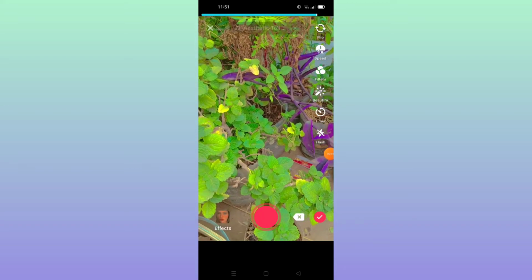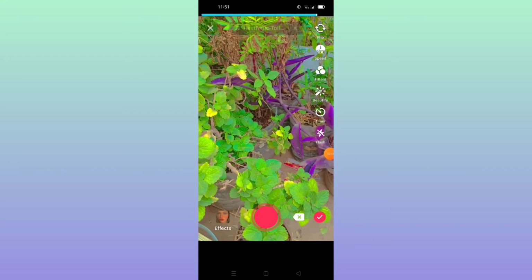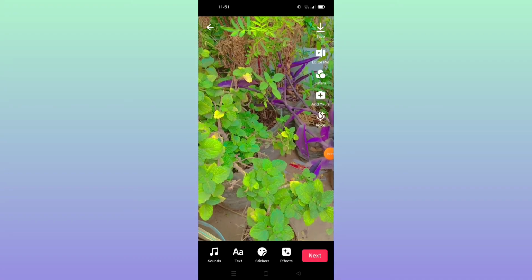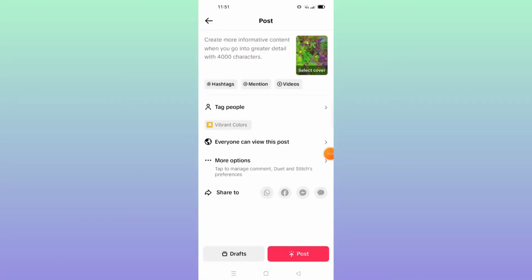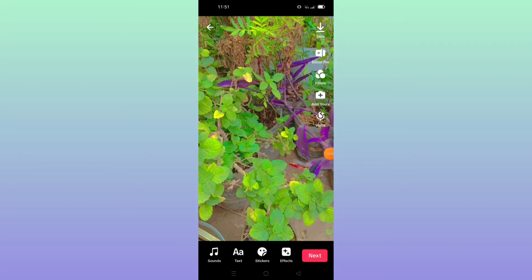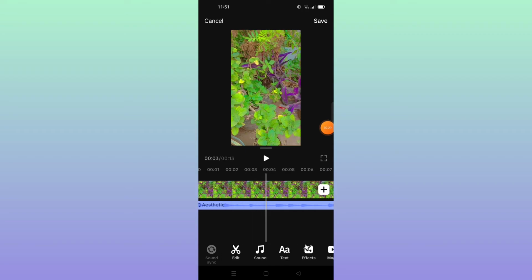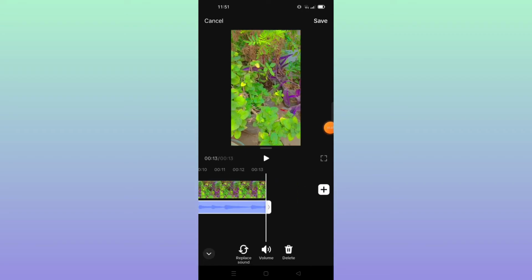Now how can I make the song of this video longer? I click on this red check as you see here. Then I click on next. I click on edit video. Now as you see here, I use just 15 seconds of this sound.